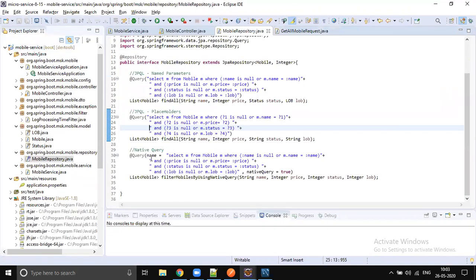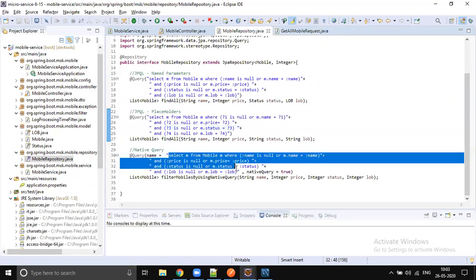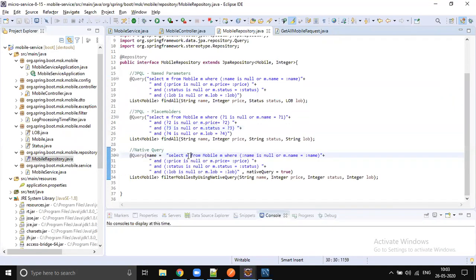I thought you would identify this. Will this query execute if I run it as it is? Where is the star? Star is missing. That is the problem. If I put star, it will work. It's very simple, native query SQL. You write select star from. Where is the select star from? Without it, it won't work.